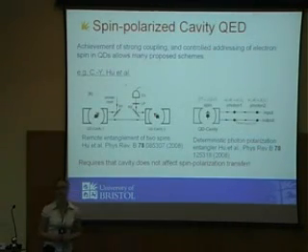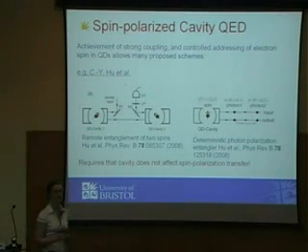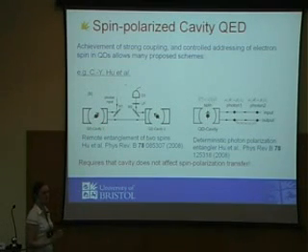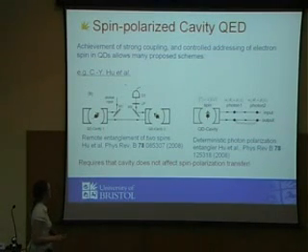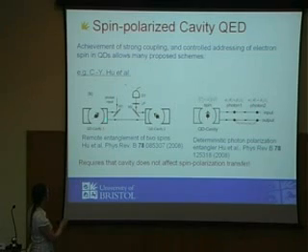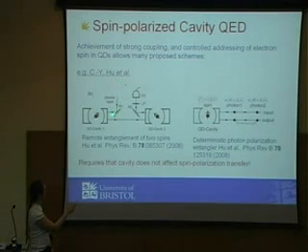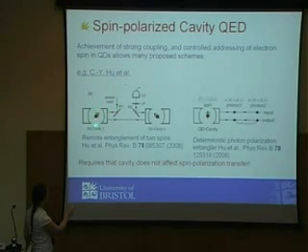So what can you do if you can achieve the measurement of a single spin using this technique? Well, there are many different proposals, particularly for quantum computing and for quantum repeaters and so on. But I just wanted to highlight a couple of proposals by my colleague at the University of Bristol. Here, what he's proposed is using a remote entanglement of two spins. The idea is you have two spins, one in this cavity and one in the other cavity, and you input a photon into this cavity that's in a superposition state,